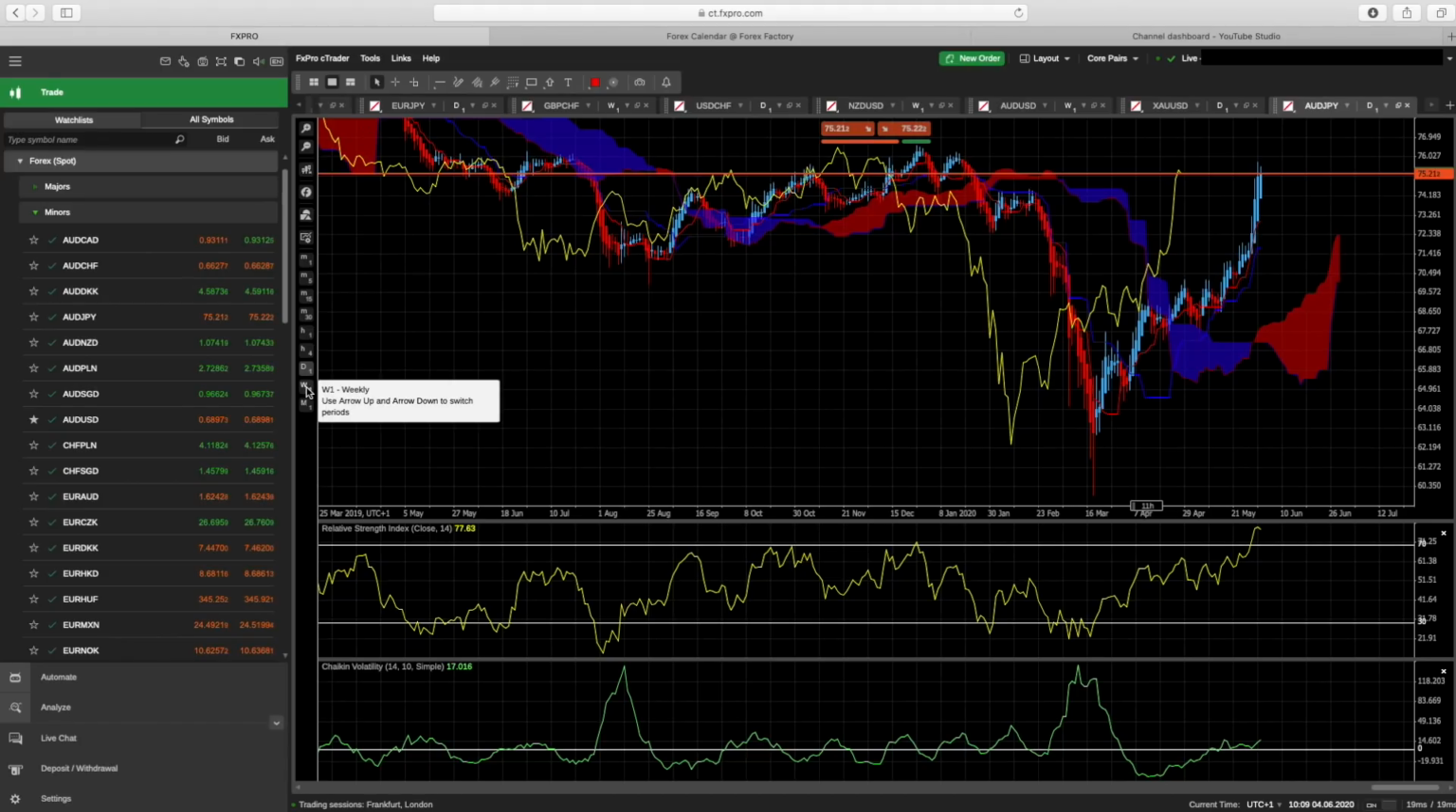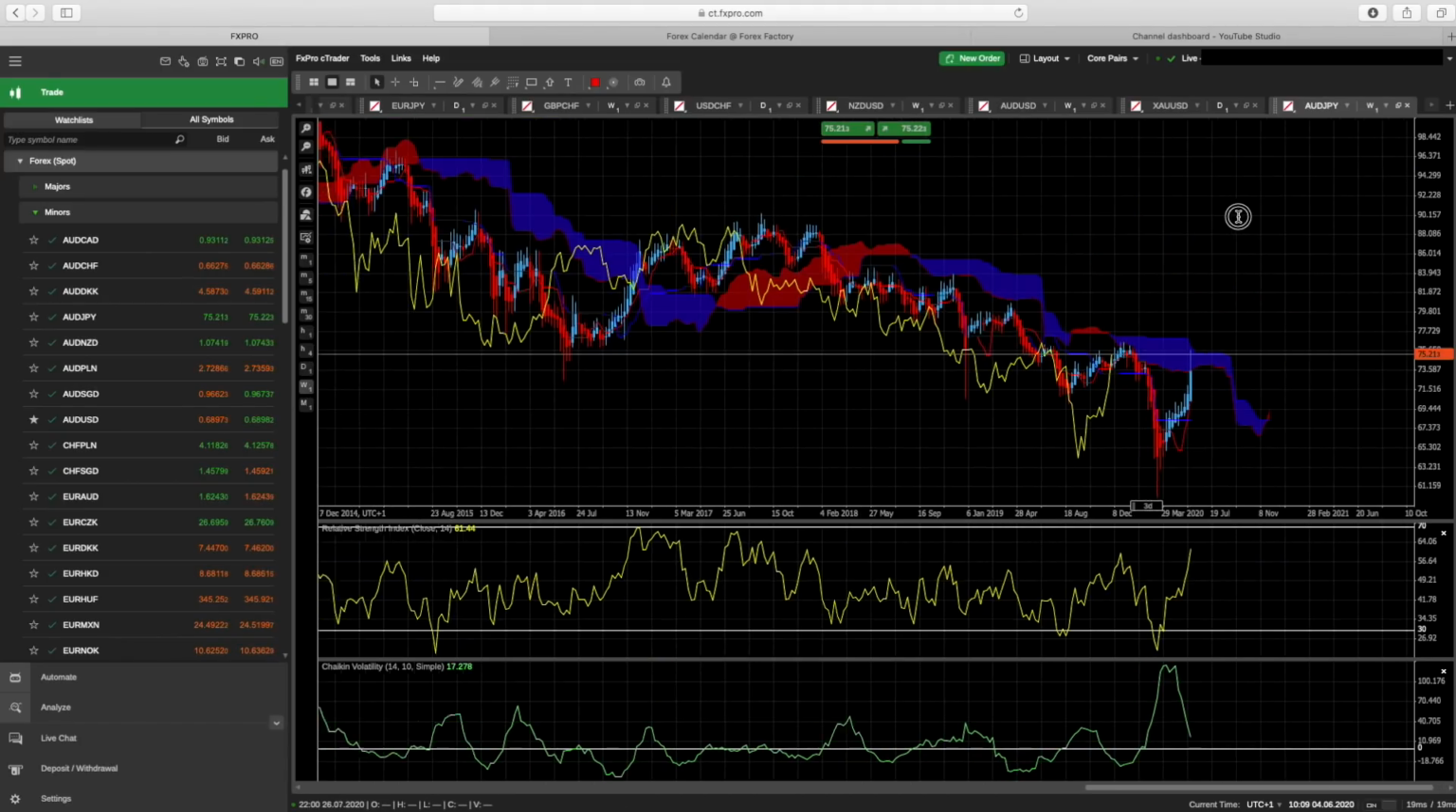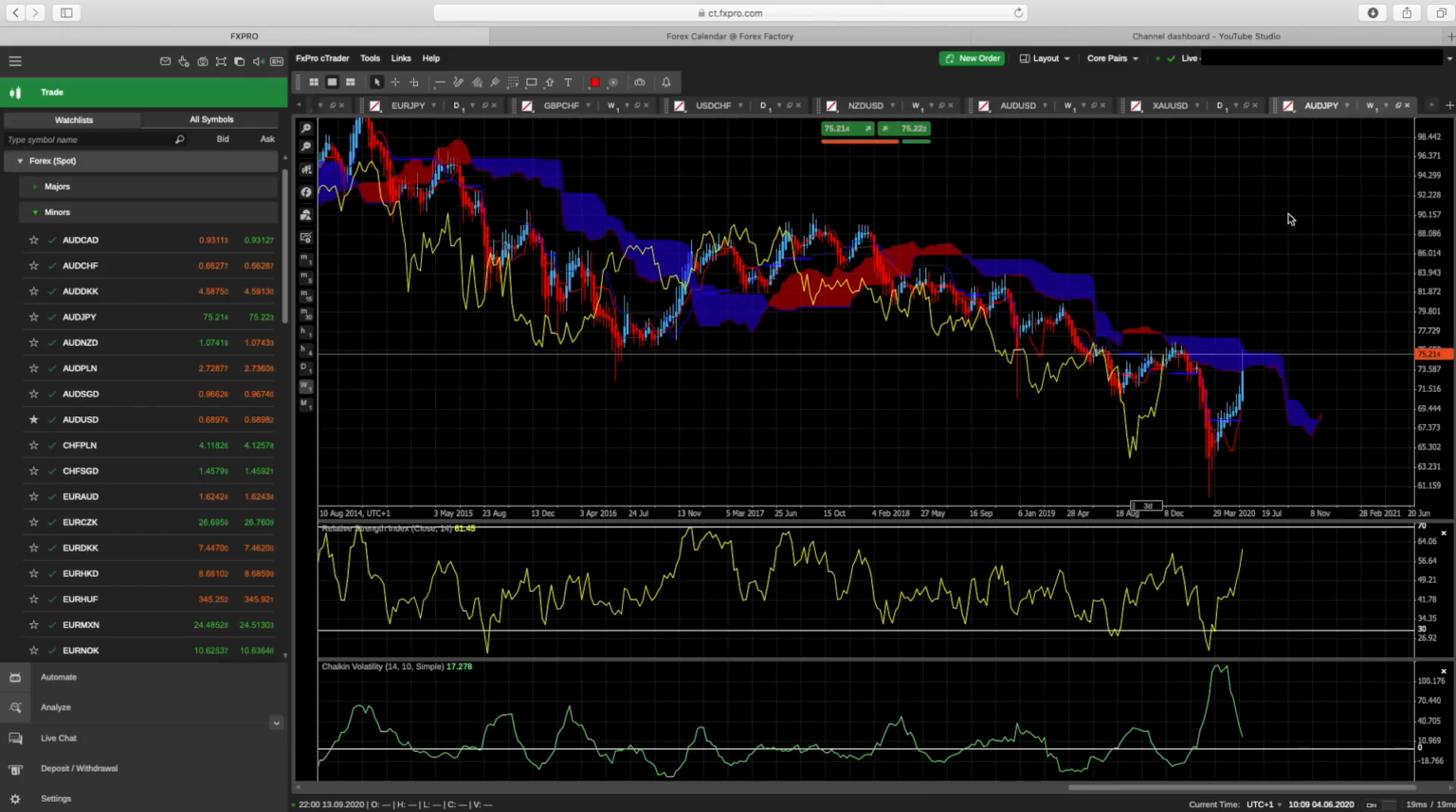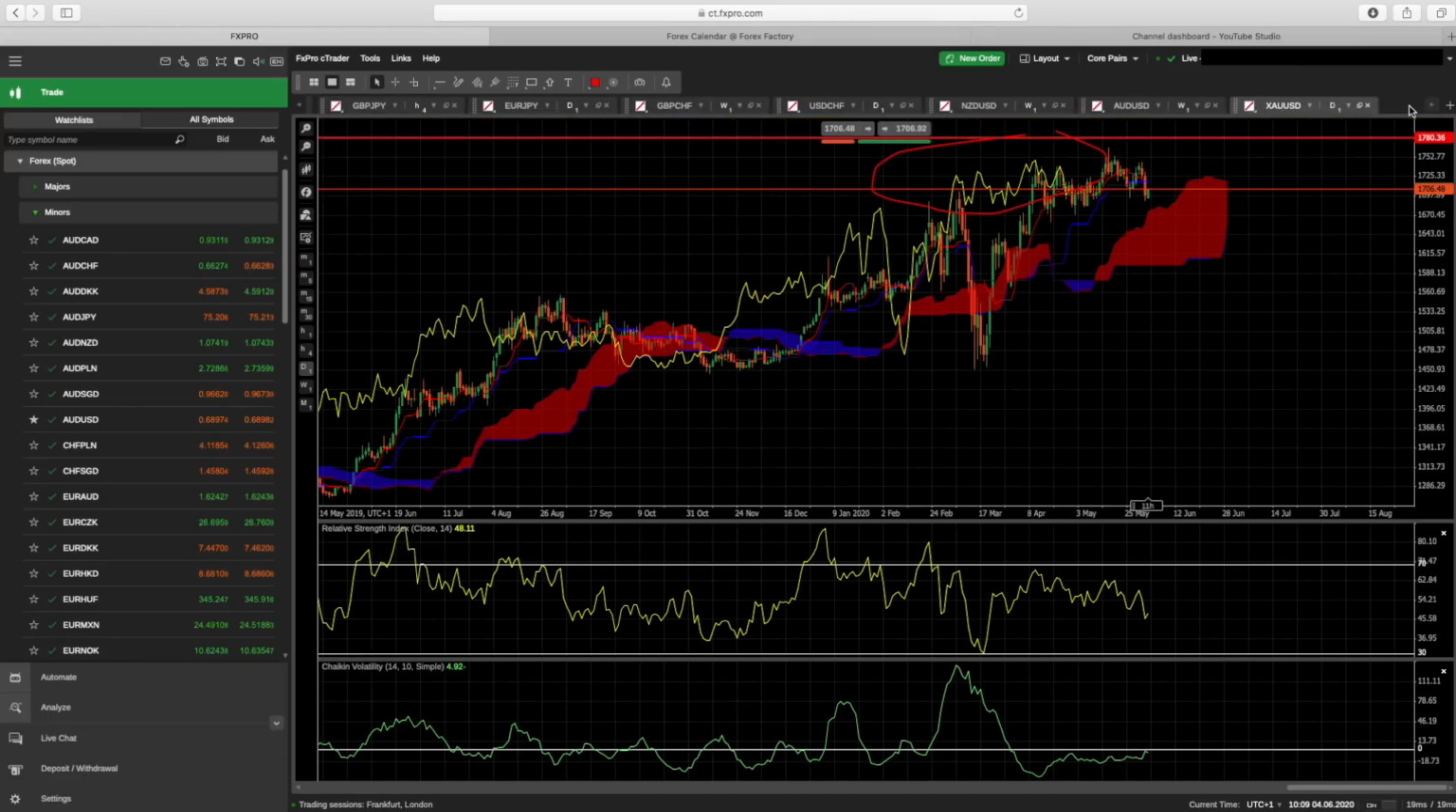So let's just jump back up to the weekly. As with the previous pairs, it's a common formula, with the retracements and the RSIs and the volume indicator, the RSI and the Chaikin. So we will close this for the moment because we're not looking at it, and move on to our last